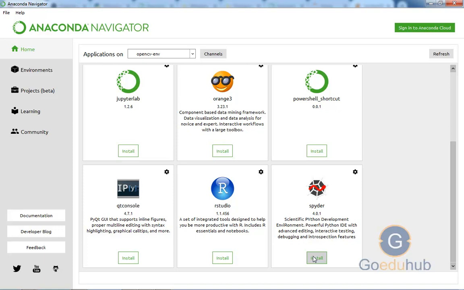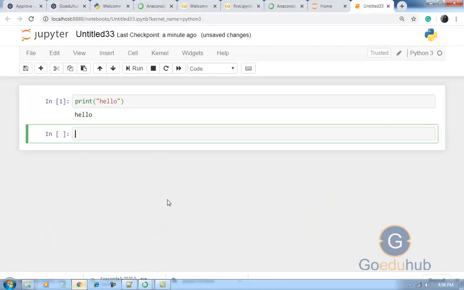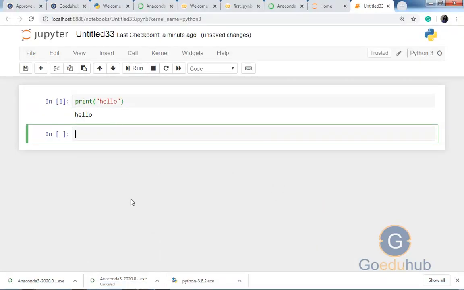Okay, so this is all about how to install the IDE using Anaconda. And I recommend you guys just use the Jupyter Notebook, because it is a good IDE you can use for the Python execution. In a single file you can execute multiple programs. Like here you can write multiple programs in a single file. Okay,